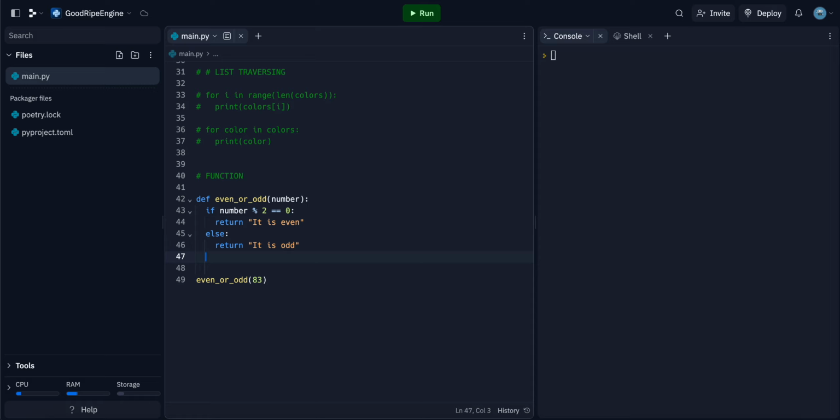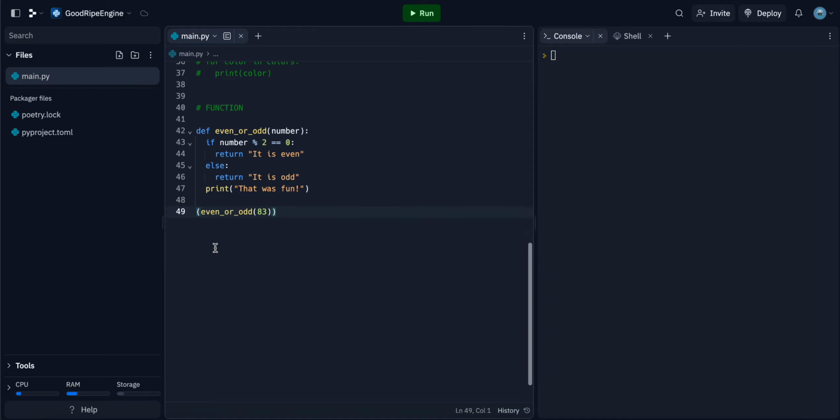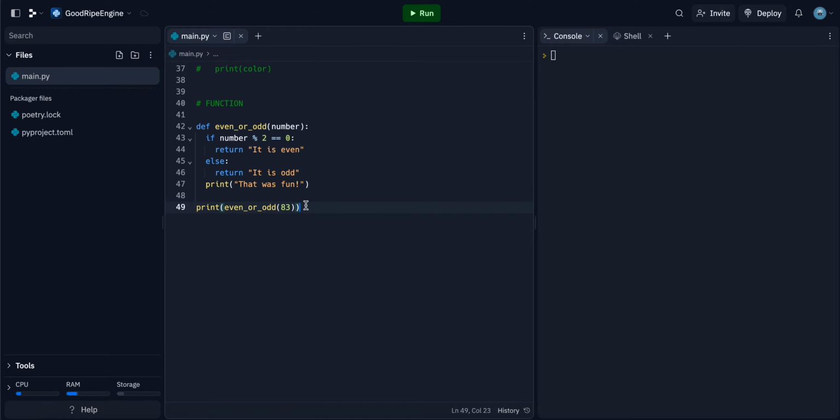So if I had a line of code down here that was like print, that was fun, and we run it. Oh, the way we print a function call with a return value is just by using the print function and surrounding the function call itself with the word print. Now if we try running it, you can see that we get it is odd, but it does not print that was fun. Even if we tried even, you'll see that we get it is even, but this print statement